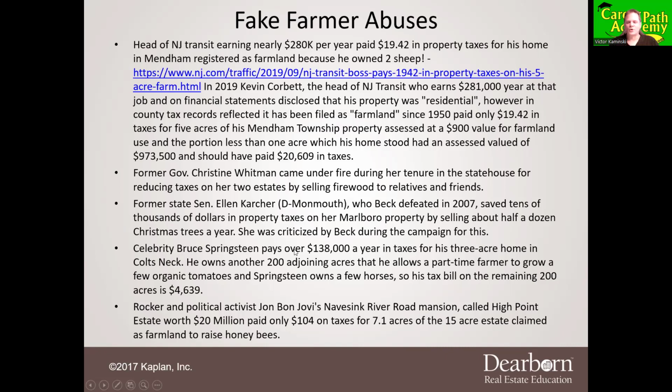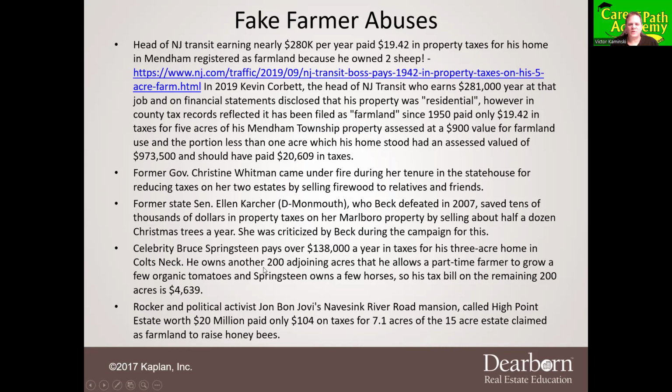property taxes. Bruce Springsteen, one of these guys that champions the farmers and says we need more tax breaks. Not only we need tax breaks, we need money given to farmers to help them run their farms. One thing he didn't let out of the bag there, though, is that he has his property registered as a farm. So even though he does pay $138,000 a year for 3 acres of land in Colts Neck, just shows you how much the taxes are in Colts Neck, he has an additional 200 acres attached to that property that he claims as farmland, so that he doesn't have to pay